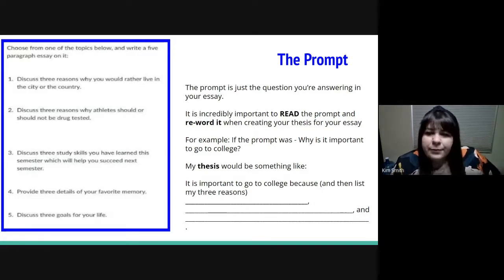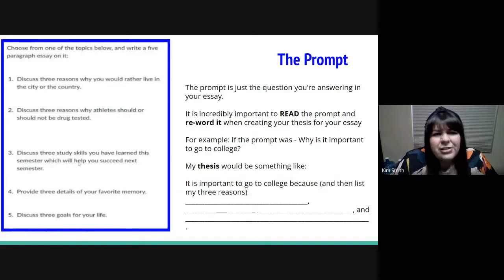Here's an example. If the prompt was, why is it important to go to college? My thesis might be something like, it's important to go to college because blank, blank, and blank. And in those blanks, I would just list my 3 reasons, why I would say college education is important. Here's some examples of prompts. You can review those. But basically, you just want to think of it as the question that you're being asked